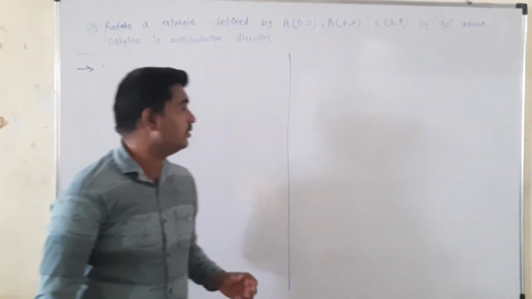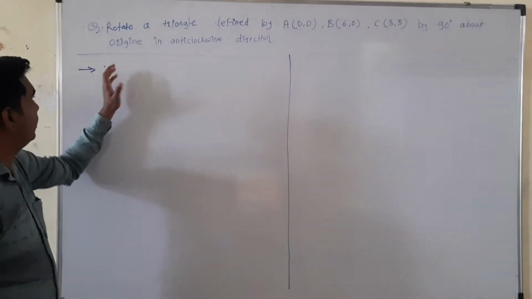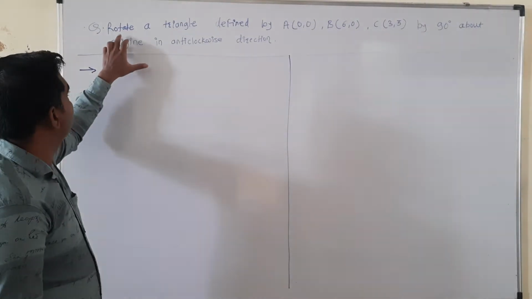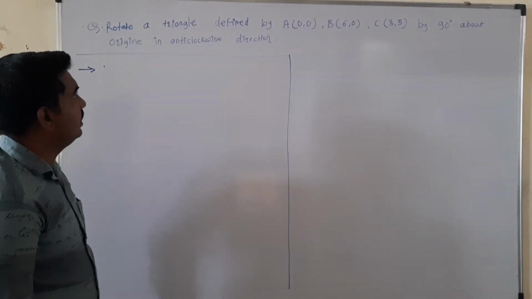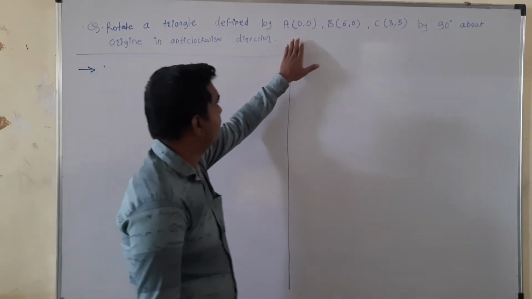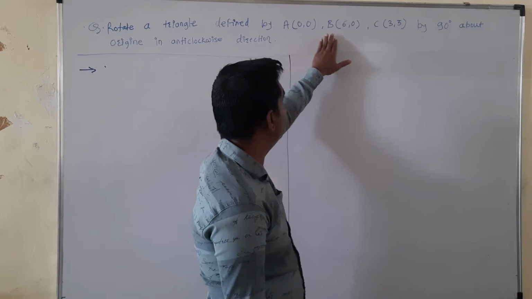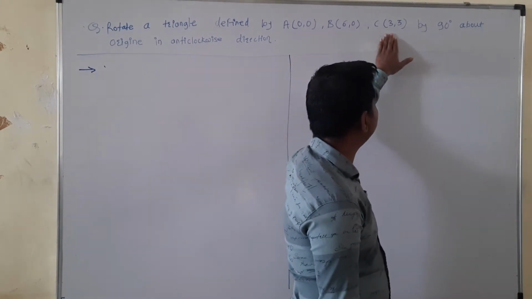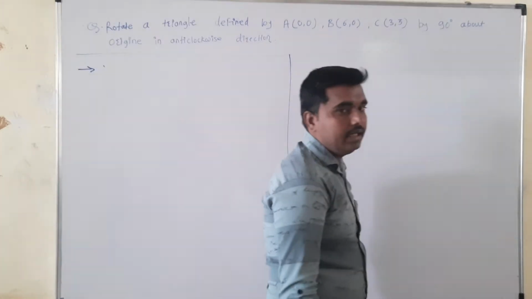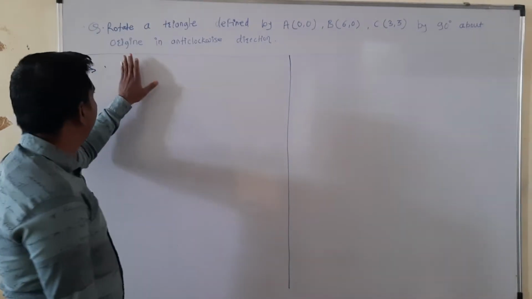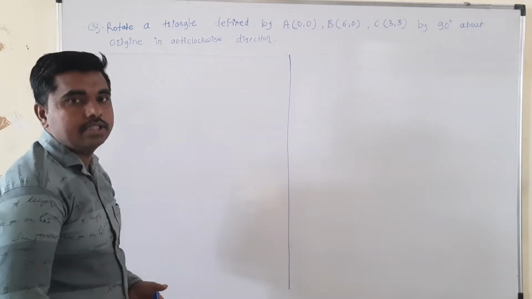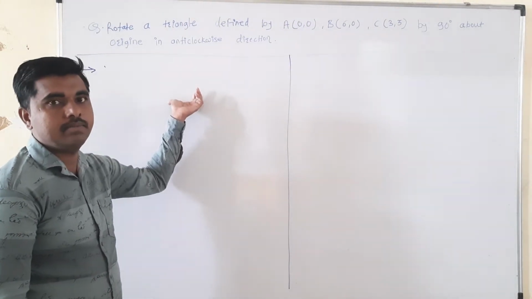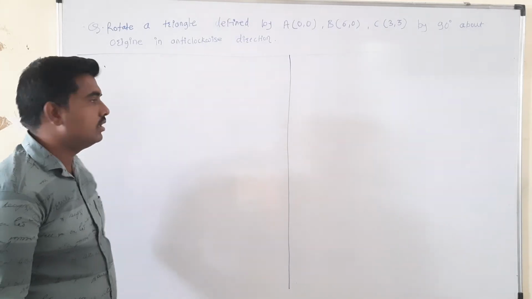In today's session, we will see the numerical on rotation transformation. The question is, rotate a triangle defined by A (0, 0), B (6, 0), C (3, 3) by 90 degrees about the origin in the anti-clockwise direction. This is the numerical on rotation transformation. So for this, the solution is,